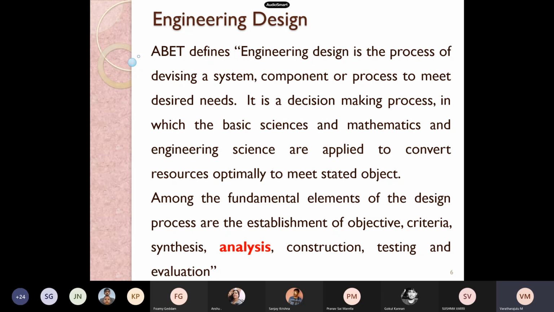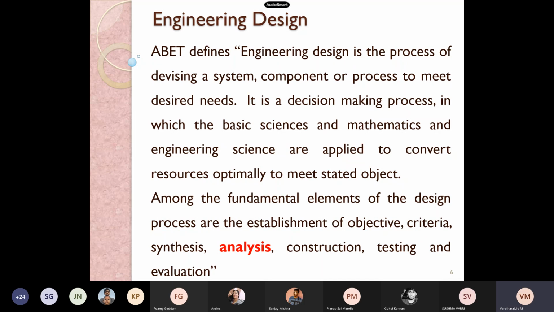The entire set of subjects is categorized under one of these 7, and in such a way the subjects are categorized in different semesters, to learn about either objective, criteria, synthesis, analysis, construction, testing, or evaluation. And one among the very important